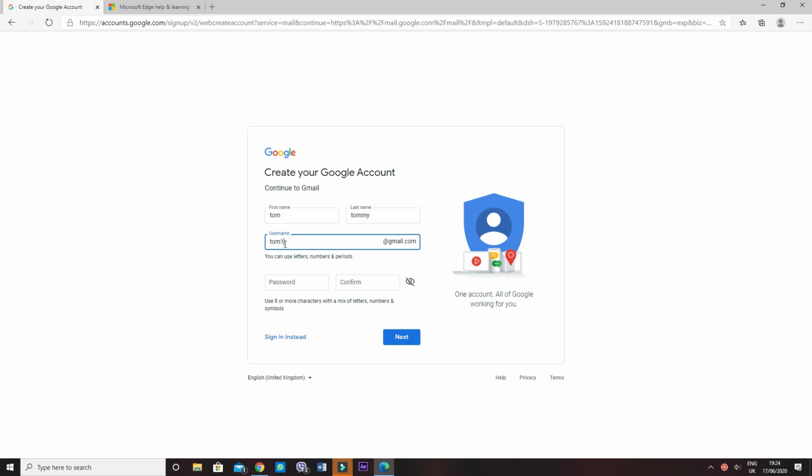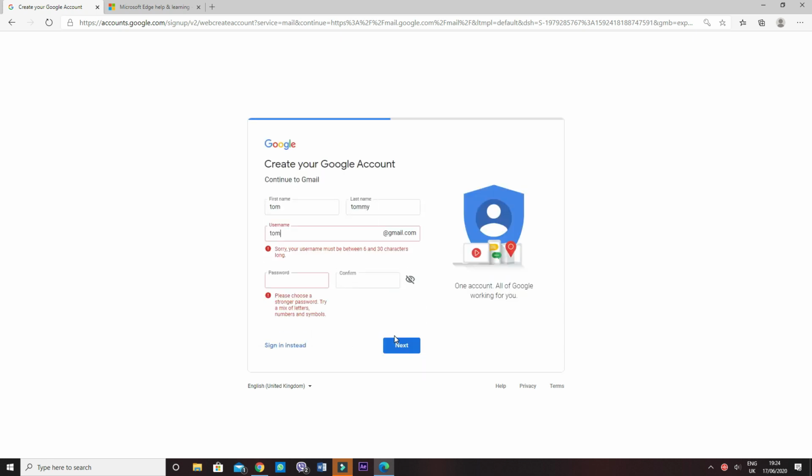This should be my email address, and as soon as you press on password, if this was to be, say for example, Tom, it may not allow it because Tom might be already taken, but it seems like it's not. So we'll just go ahead with that. I'll just write the password. I'll just write anything. You can go next. Okay, so it says in here that sorry, the username must be between 6 to 30